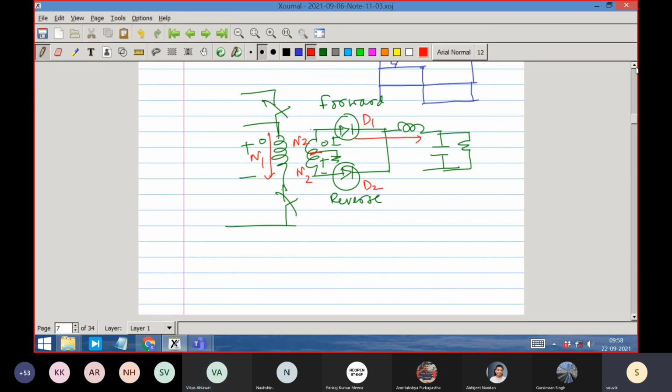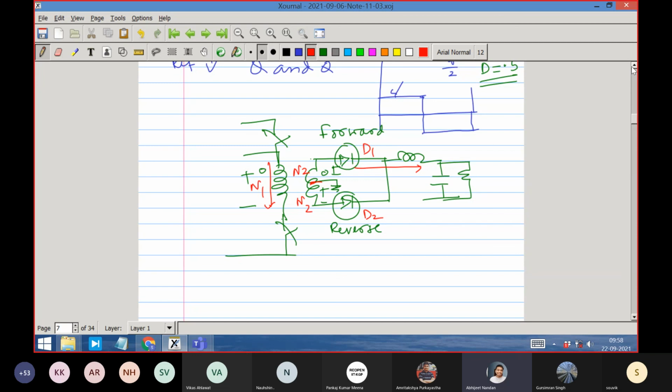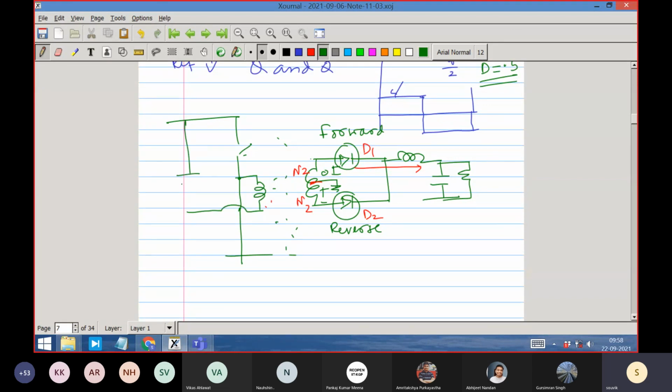Hello? Yes. Sir, have you closed both switches? Then will the voltage source not be shorted? No, the voltage source is not shorted, but I have not drawn it correctly. The other end is VG by 2. Thanks for pointing that out. It is not that. I am drawing in between the switch. The equivalent circuit is this. And you are right, I am not shorting it. I am sorry.